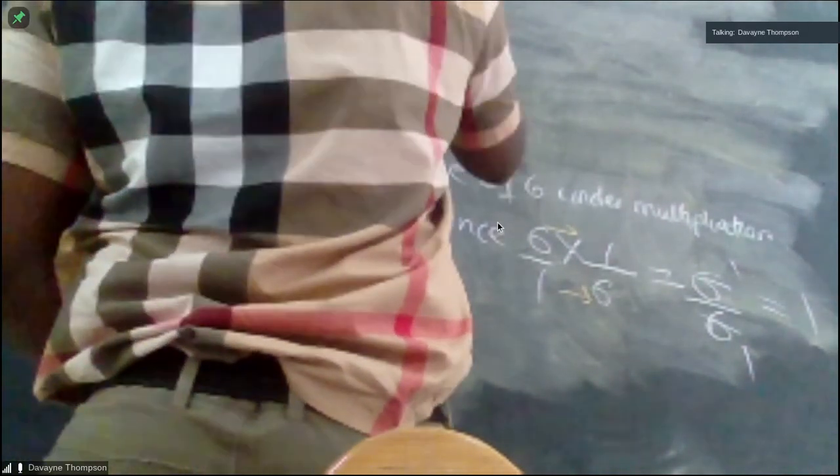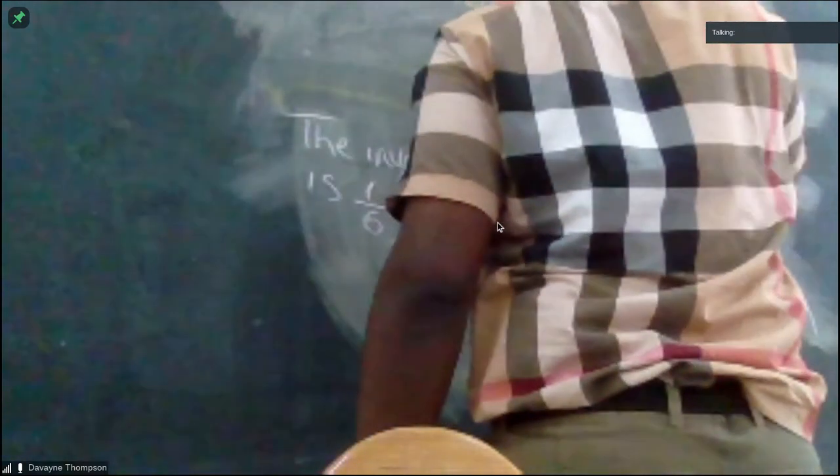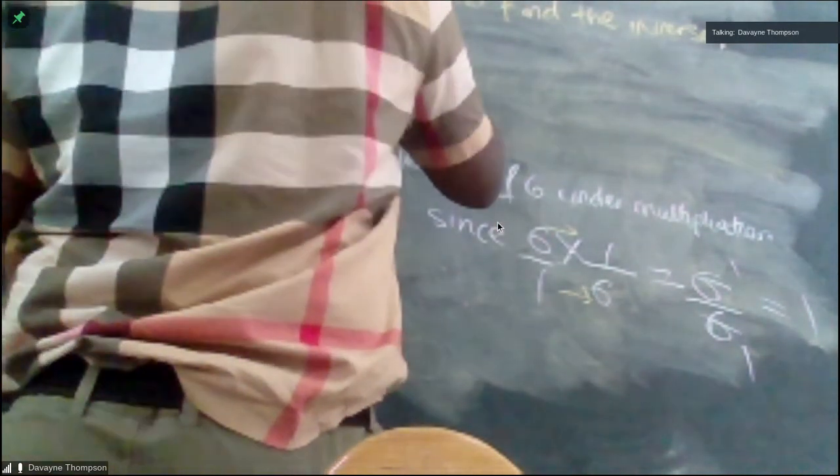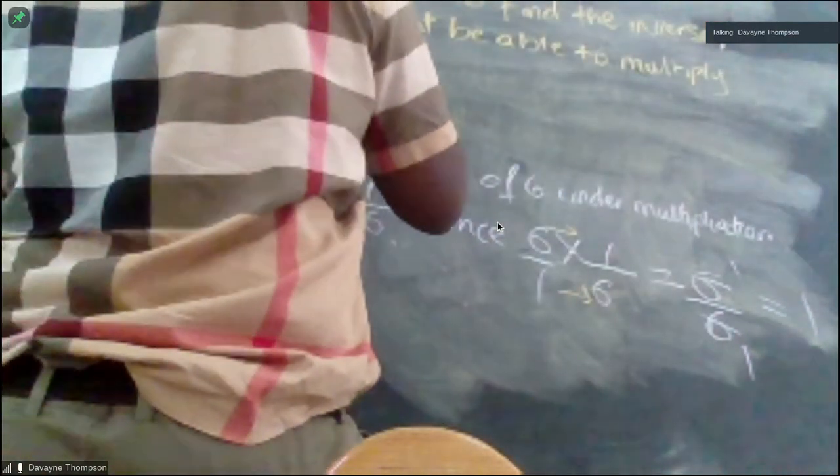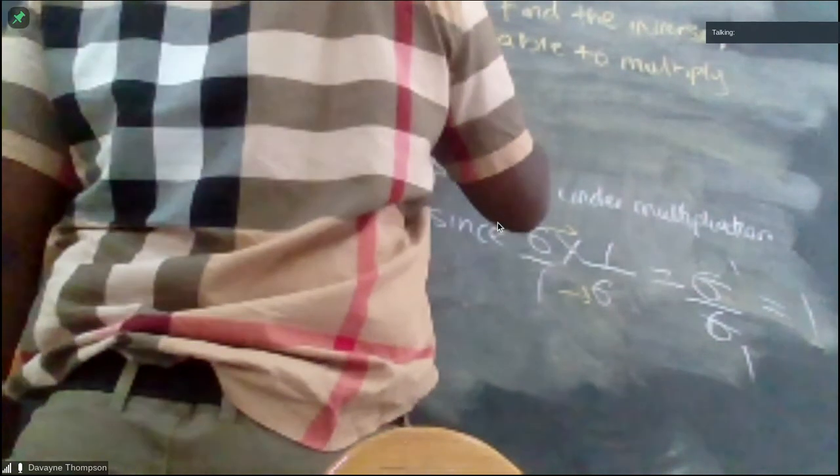For us to find the inverse, we must be able to multiply the two numbers and obtain a value